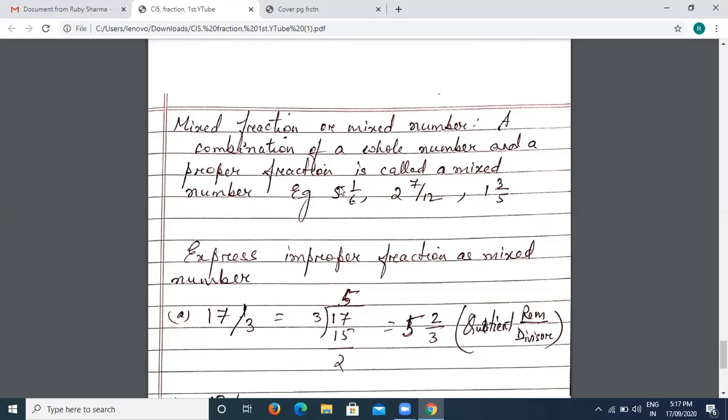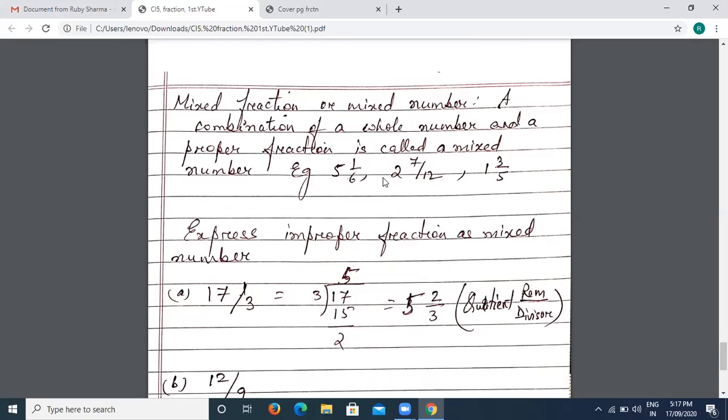We have 5 whole objects and a fraction, 1 by 6. 2 whole objects and 12 parts, 7 parts taken. So 2 whole objects, each of which is divided into 12 parts. Remember that. Here there are 5 objects, each divided into 6 parts. We take the 5 whole and from the last one, we take only 1 part. So I hope you can draw and explain mixed fractions also.